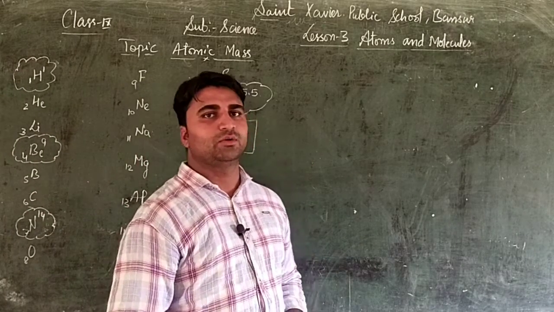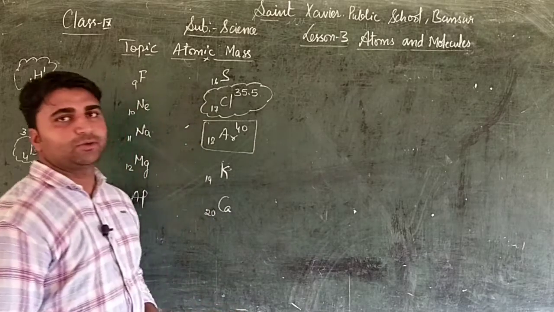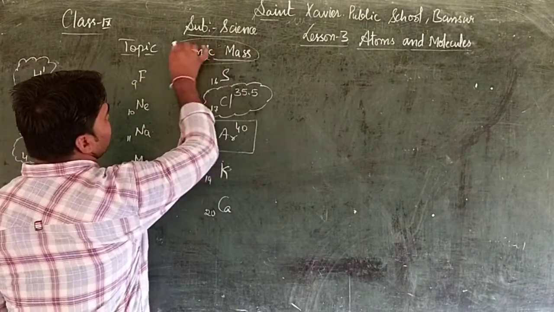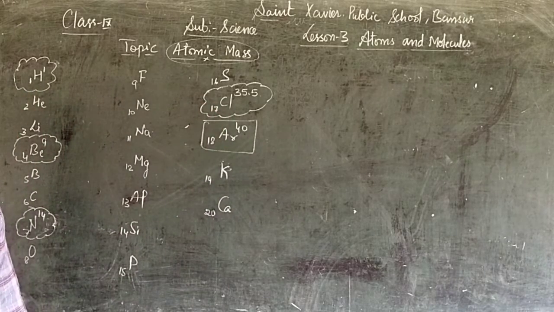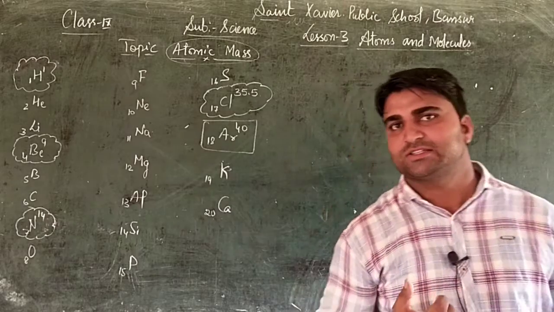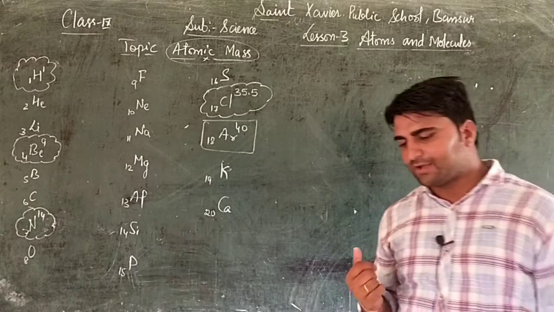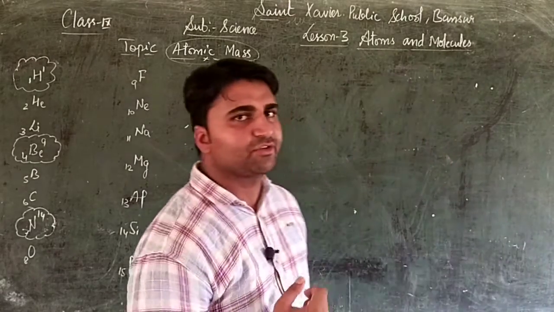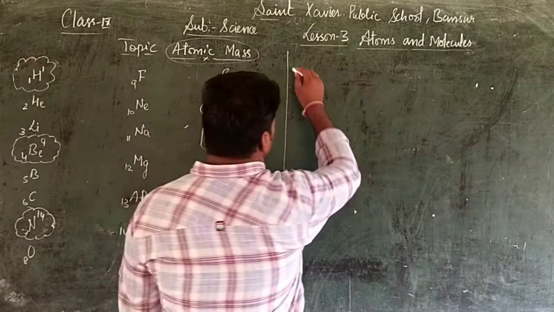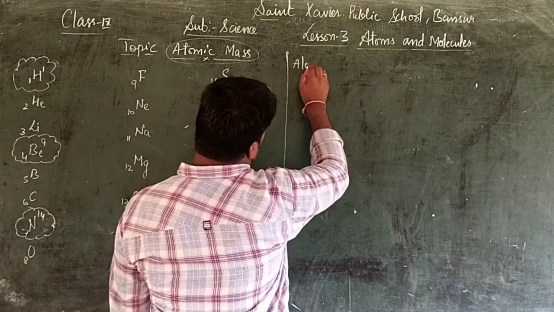We were reading about atoms and molecules. I told you about atoms and atomic theories. Today our new topic is atomic mass. In that, I will tell you about a formula for finding the atomic mass in a simpler way. And second, I want to tell you about the complete language of them according to your book. So first we will talk about atomic mass.